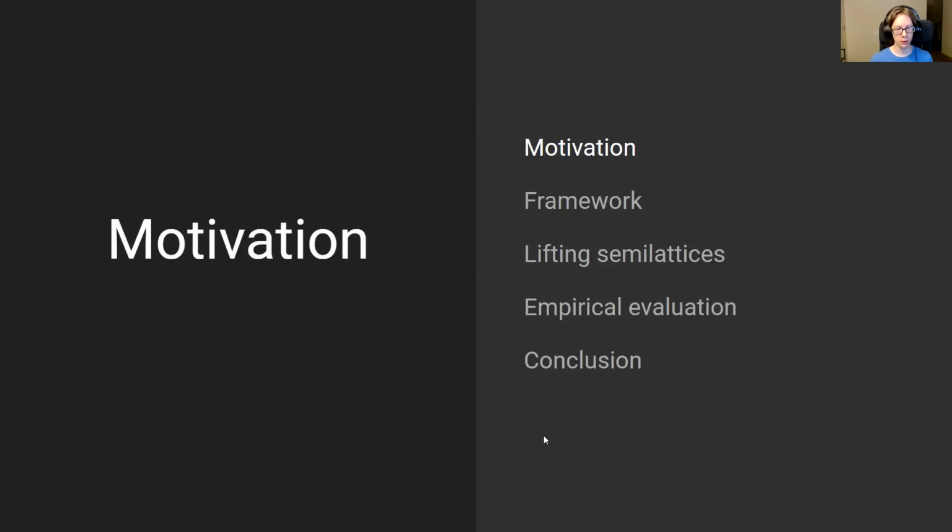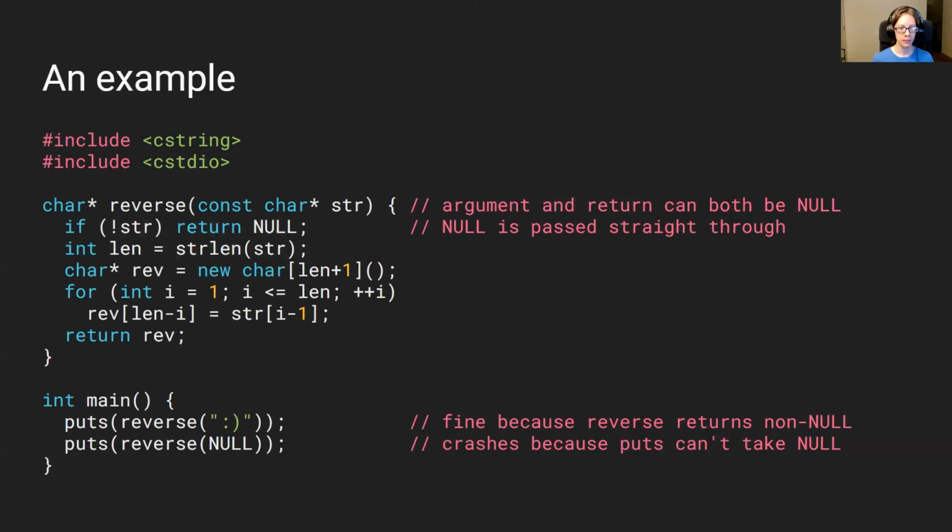So first, let's start with some motivation, lay out what is the problem that we're trying to solve. So consider this example C program. We have a function that we've written for reversing a string, and then we have a main function that calls it, right? We're thinking about this in the context of analyzing this for null pointer bugs, right? So the function